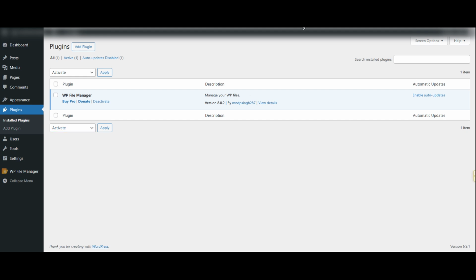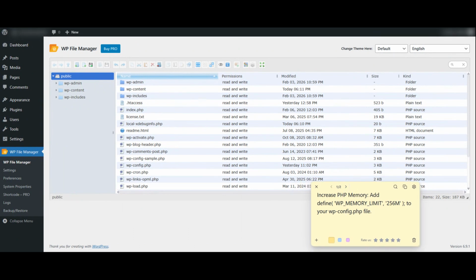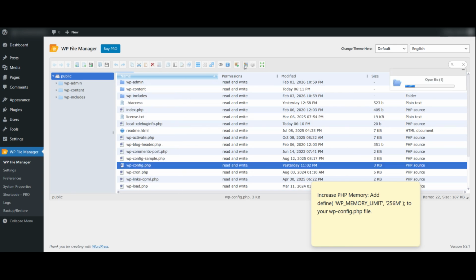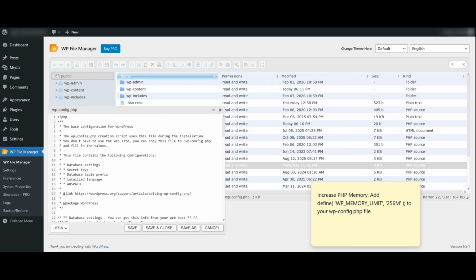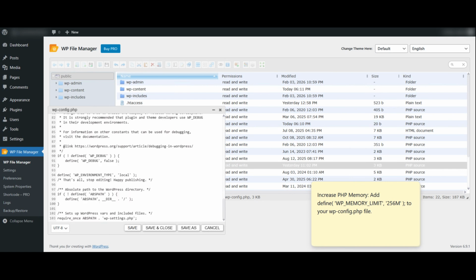Another common cause of the WordPress JSON error is insufficient PHP memory. If your server doesn't have enough memory allocated, it may fail to process REST API requests properly. To increase the memory limit, access your website files and open the wp-config.php file. Locate the line that says, "That's all, stop editing. Happy publishing." Just above that line, add the following code. define('WP_MEMORY_LIMIT', '256M');